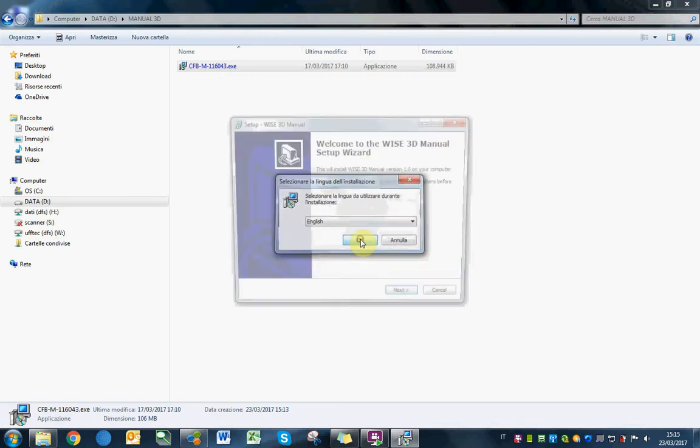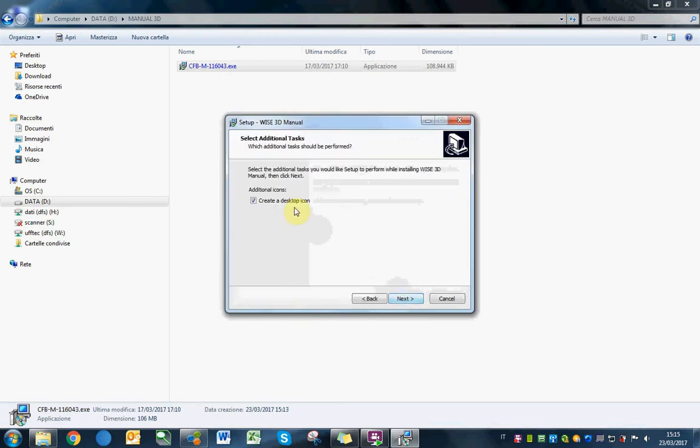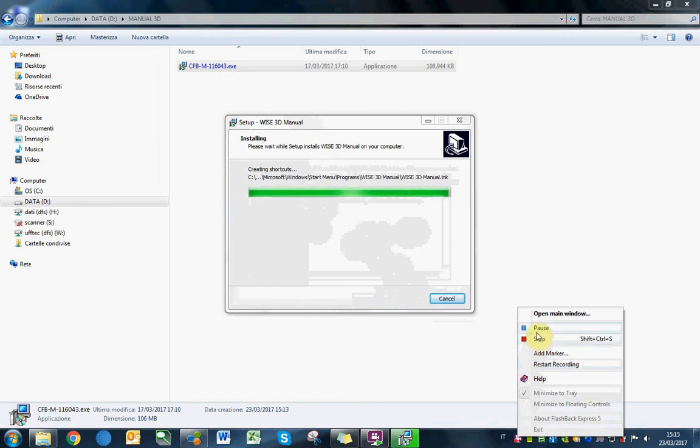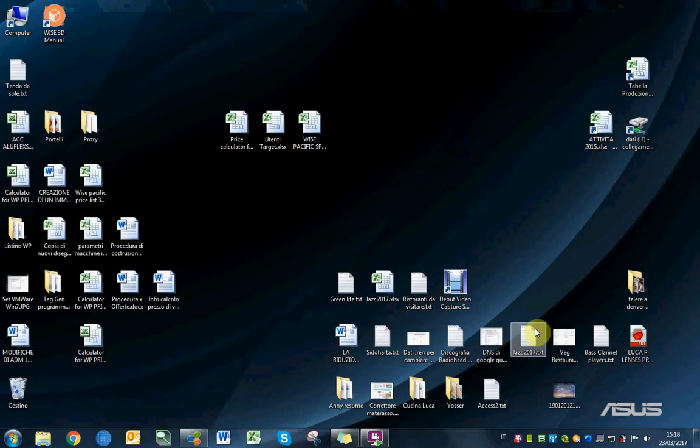select the language, English, okay, next, create a desktop icon, yes, next, install, and this installs an application on your computer. Just wait until the installation is completed. Once the installation is completed, you will see this icon on your desktop. This is a shortcut to the instruction manual, so you double click